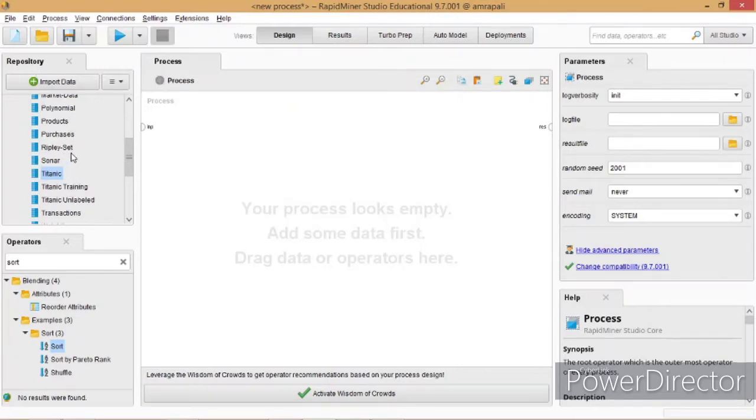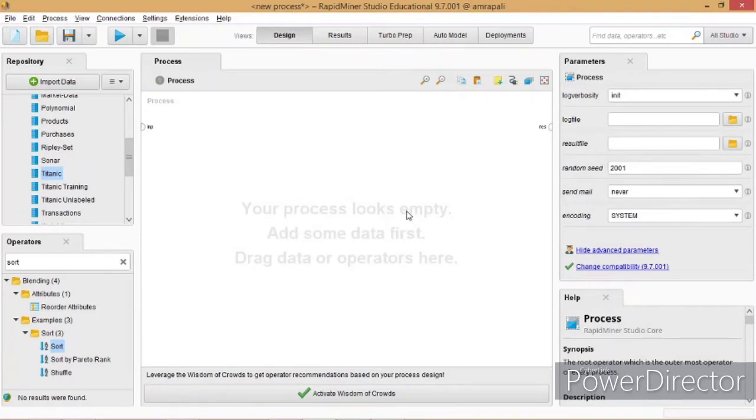Below that is the operator panel. In the operator panel, there are multiple operators already inbuilt in the RapidMiner tool. Then at the right hand side is the parameter panel, where you can set the different parameters for a particular process.